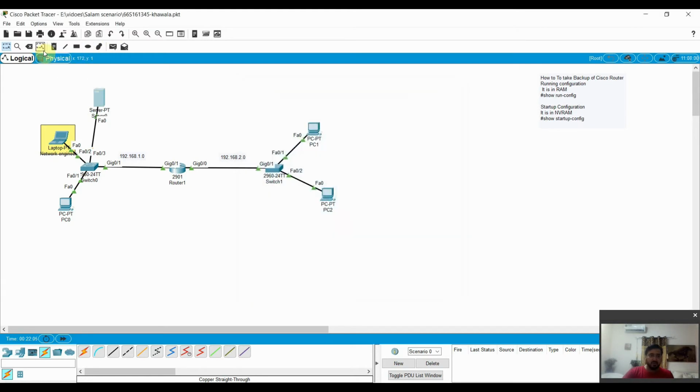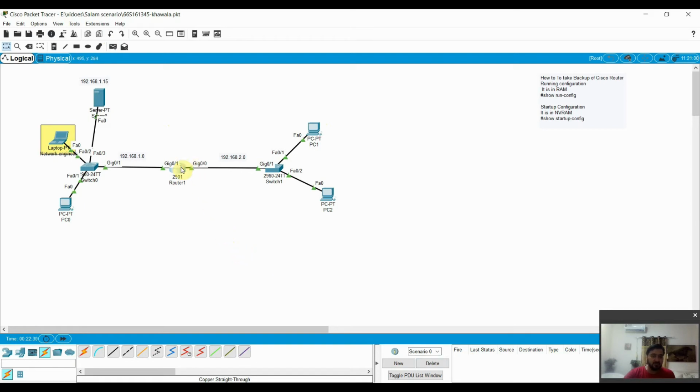So this is my IP address. Again, when you take the startup configuration or running configuration, you need to write this IP here. First of all, you need to check the connectivity. Always check the connectivity from here to here. If it is working, you can see here, yes, it is successful. So it means it is working fine.